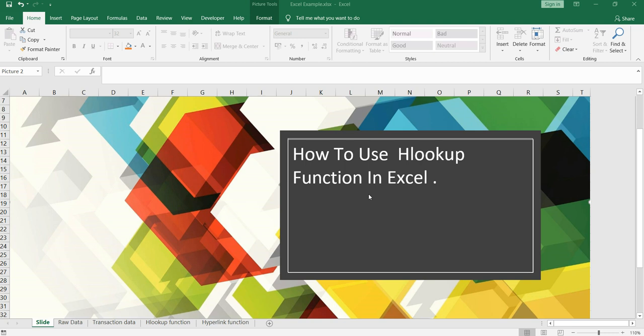In this video, I am going to show you how you can use the HLOOKUP function to get the horizontal values. Before we use the HLOOKUP function, we should know what exactly it is and how it works. The HLOOKUP function is a built-in function in Excel that is categorized as a lookup or reference function. It is a horizontal lookup function which searches for a value in the top row of the table and returns the value in the same column based on the index number.